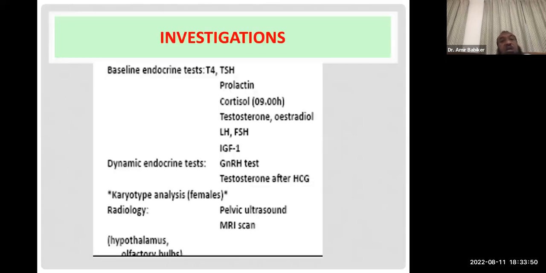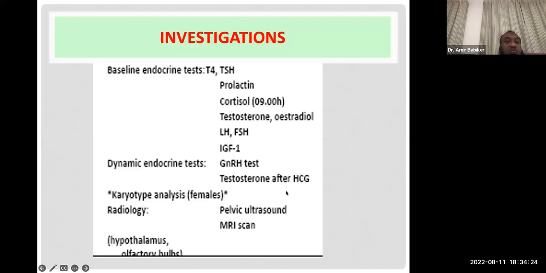peripheral causes. And then you do also, like we did with precocious puberty, the hormonal workup, the endocrine, including thyroid function, including prolactin, because prolactinoma and hyperprolactinemia is one of the causes of delayed puberty. Okay, and you do the testosterone, estrogen, etc. You do the cortisol because you are testing the adrenal, and the adrenal androgens sometimes. And then you do the dynamic tests. You may do dynamic tests besides the GnRH test.